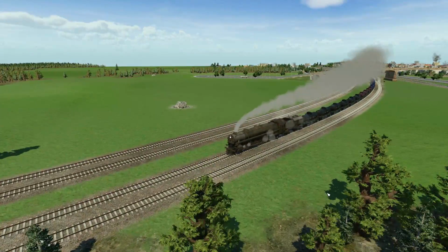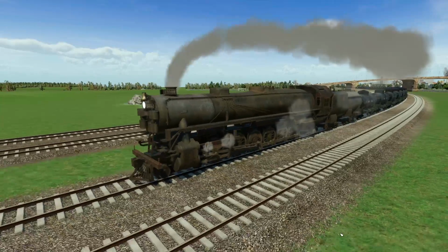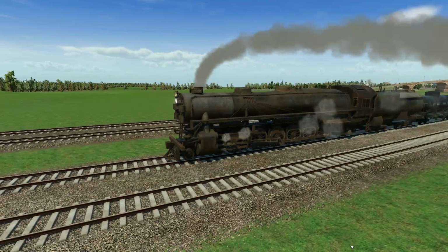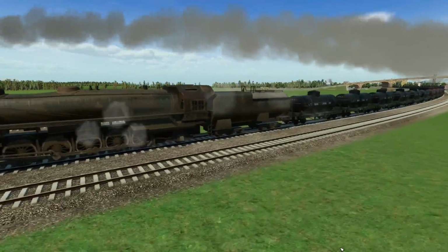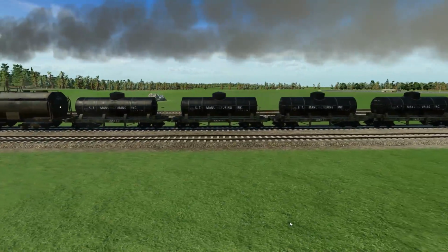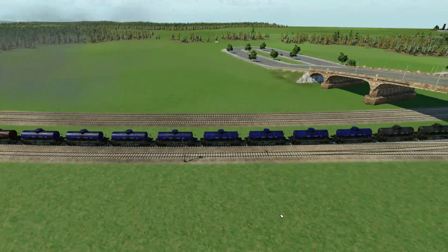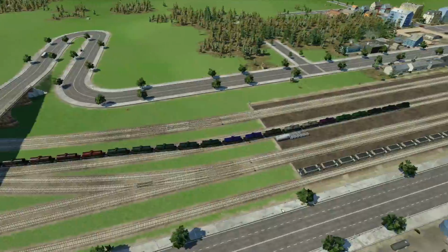Hello and welcome back to Transport Fever 2, the Great Lakes, and you join me staring at a very old Class 9000 as it leaves St. Louis with some oil. You can see it's one of those oil tankers. We've got plenty of these running down the lines, but I just feel like they are not making...